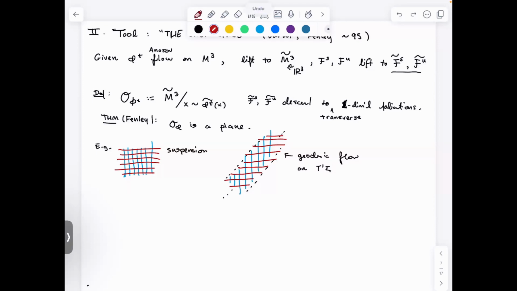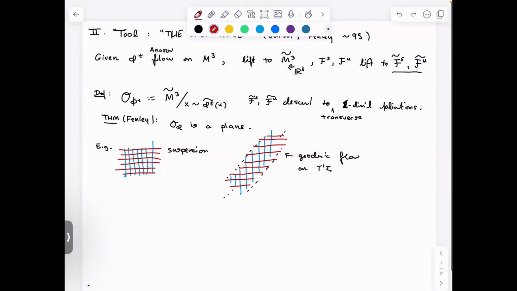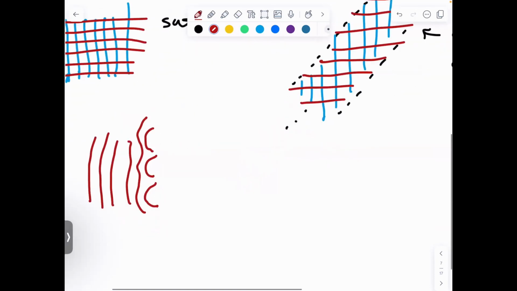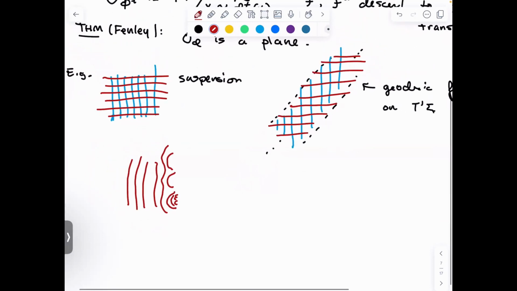Okay, you will see examples where you have a sequence of leaves of one foliation that limits onto a non-trivial union of leaves. Okay, and this might actually happen at all scales. And this will happen in both directions with both foliations. So here's, I think I'm succeeding at drawing a transverse